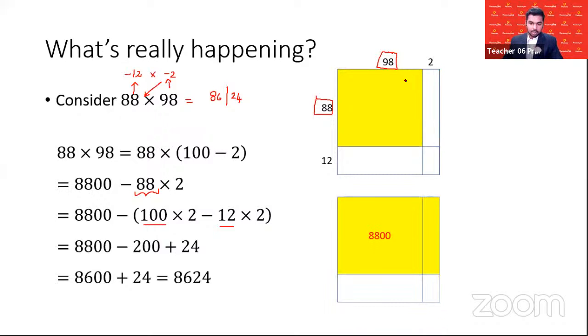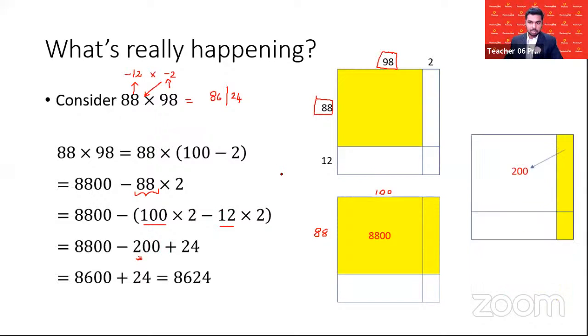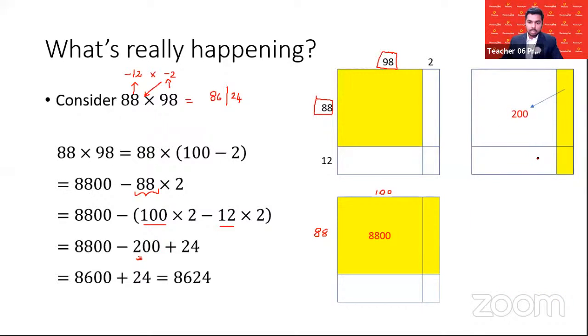Now what we have done here is first we have multiplied 88 into 100. So we'll get a rectangle of this area, 8800. Why is it 8800? Because 88 is multiplied by 100. This entire length of the rectangle is 100. Okay. Now what we have done is we get a 200. From where we are getting this 200? Let us see this in the figure. This 200 is nothing but it is this side, which is 100, multiplied by the deficiency of 98, which is